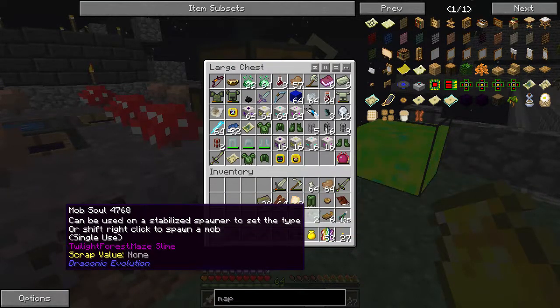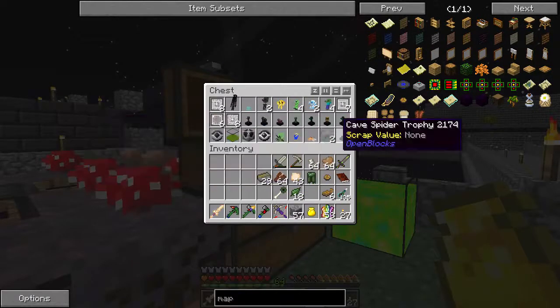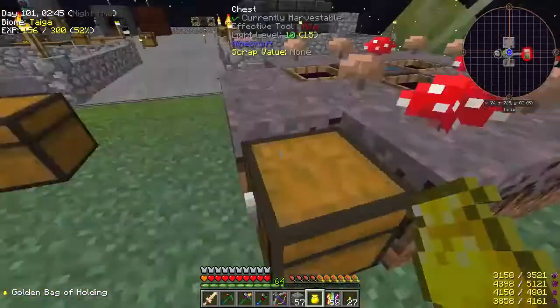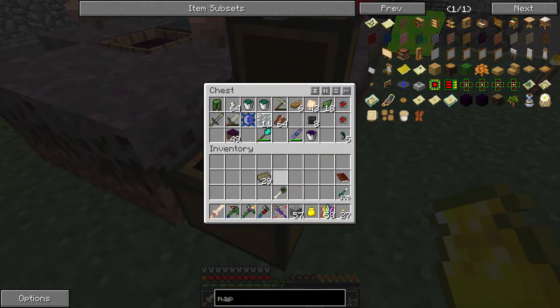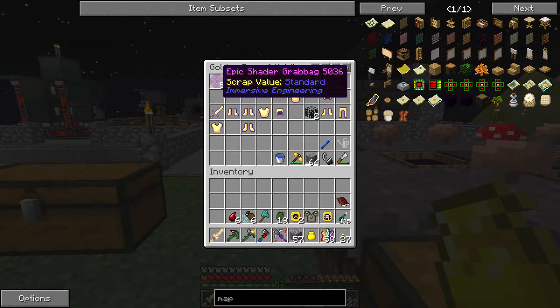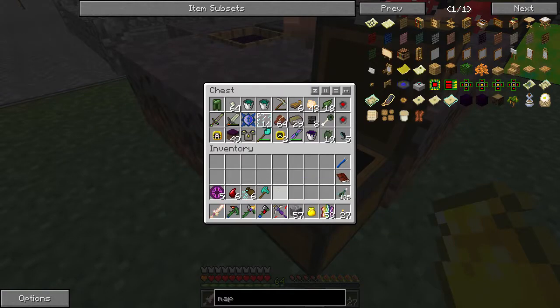But we'll put trophies and all that fun stuff in there. Yeah, so let's just dump off everything. I will organize inventories later. Much later, probably. But I have a few more trophies and stuff. And let's put that there. Alright, so